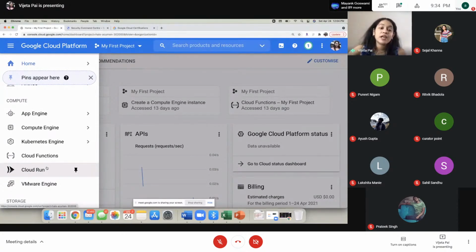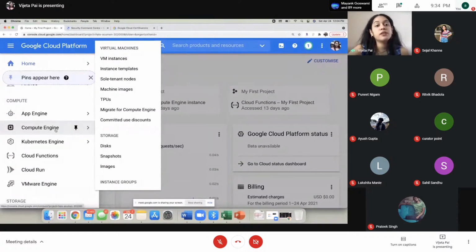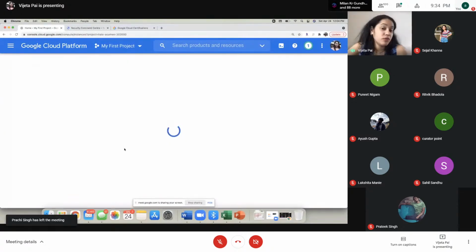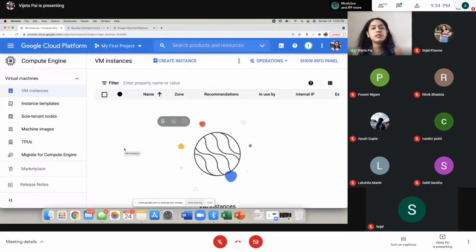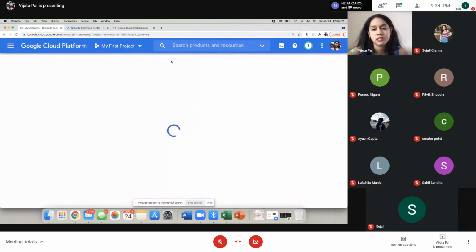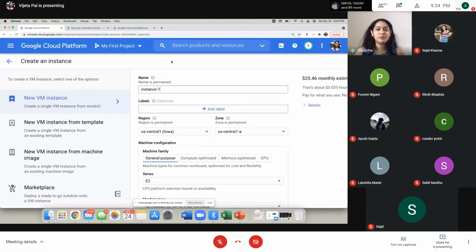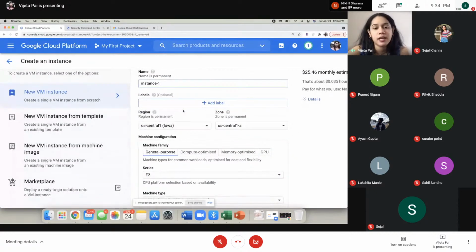On the left-hand side, I had told you about Compute Engine, which is Google's infrastructure as a service offering, and it is highly customizable. I'm going to show you just an example of what I'm saying right now. What do I mean by highly customizable? So while I am opening an instance, as you see, it is so simple. You just need to go into the navigation menu, click on Compute Engine, and you can create an instance. By creating an instance, I'm creating a virtual machine here where I'm going to run my applications. I won't be creating it actually because it's going to burn a hole in my pocket, but I'm going to show you what I mean by highly customizable.